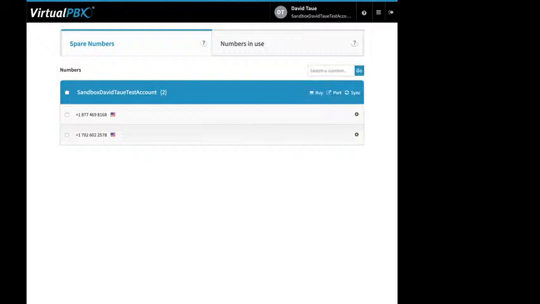The recording manager, this actually isn't going to do anything on the streaming software here. If you have AWS storage linked, it will show you what's there, and so you can listen to the files. Otherwise, it will take you to recordings.virtualpbx.com. That page does require you to use your dash login to log in, and then you can listen to your recorded calls. You can sort by date, or you can do a search by phone